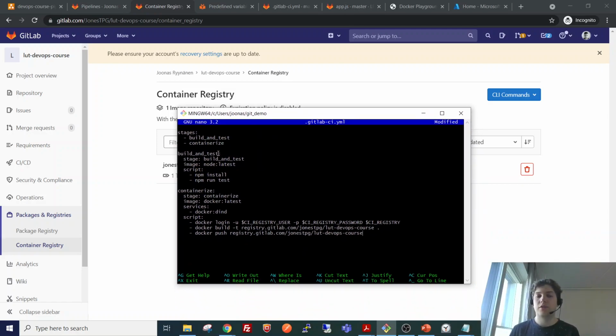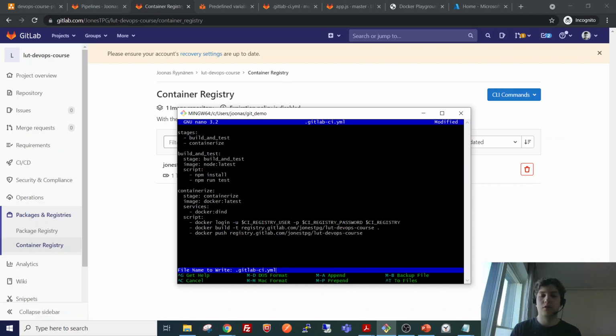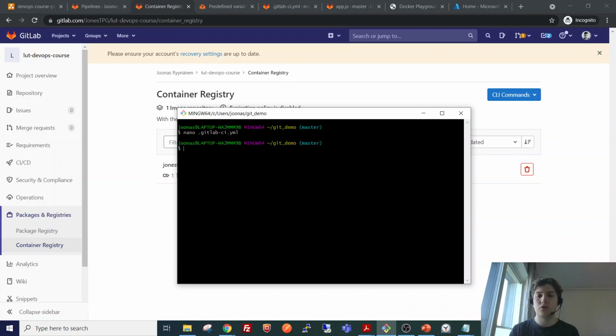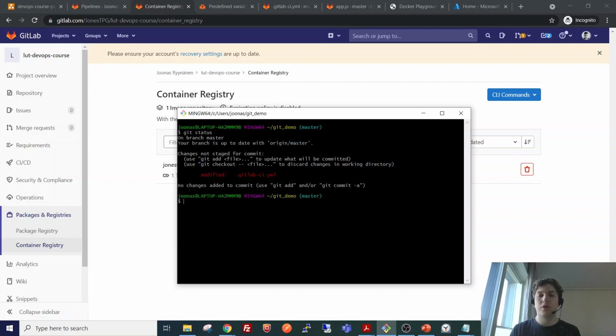So this should now work, but let me first commit this file and then go through the process of the pipeline running. By checking git status we can see that we modified the CI file.